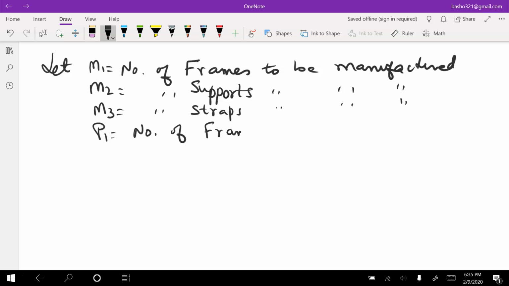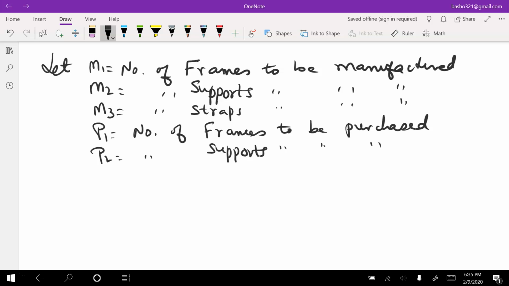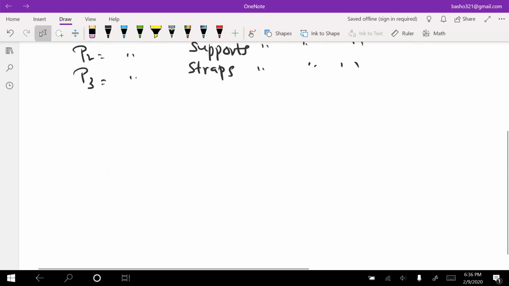frames to be purchased, P2 the number of supports to be purchased, and P3 the number of straps to be purchased. So our objective function would be to minimize total cost